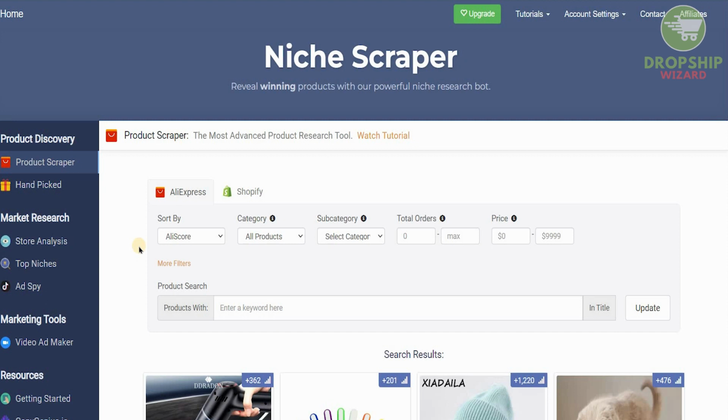The first thing that you need to do, and the first thing that you should always do, is research. Research is literally the common denominator for success. If you do not do proper research and do not find the right product that you want to sell to your customers, you will not be successful and you will not be able to run a successful business at the same time. So you got to make sure that you do a lot of research. You find the right products for your right customers at the right time. And once you get all these elements correct, you'll be able to create something that is truly unique.